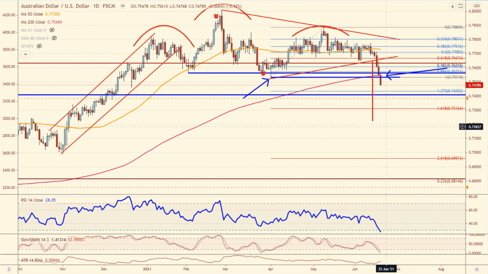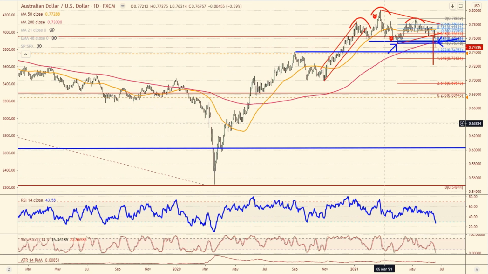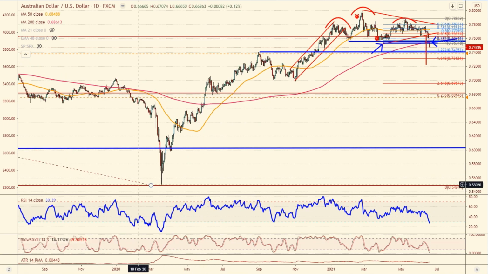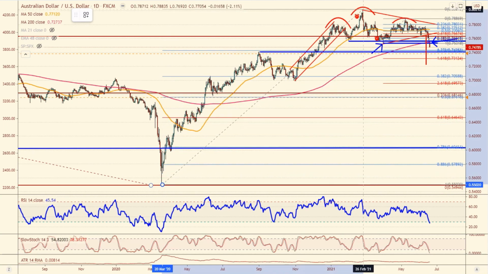At this rate, another 2 to 3 weeks, we could seriously be down at 72 cents. Would that disrupt the uptrend in the Aussie? No. I think this is probably one of those lows that we won't revisit anytime in the near future. However, that doesn't mean we can't pull back some of this move over the course of the next several months. A 38% retracement of this entire move takes us down to 70 cents again.